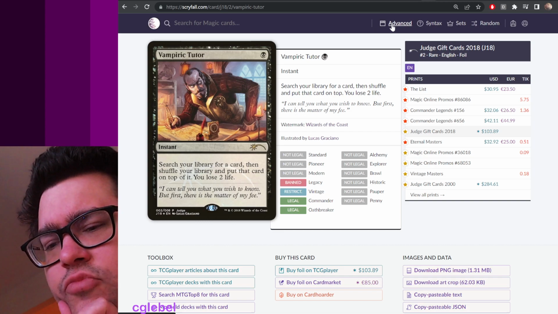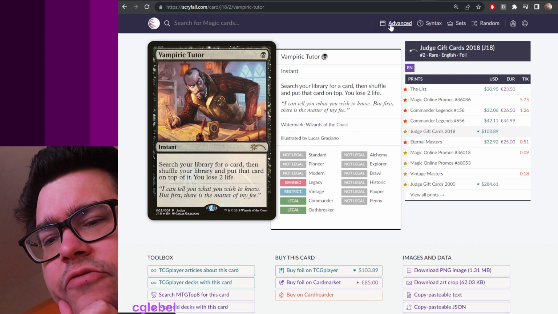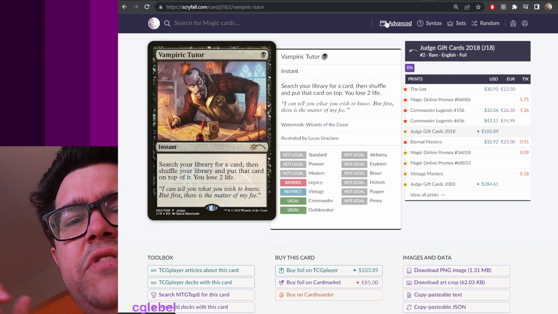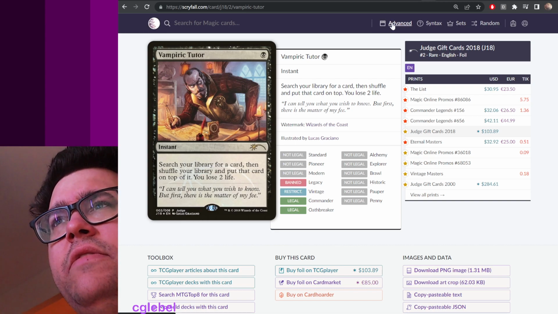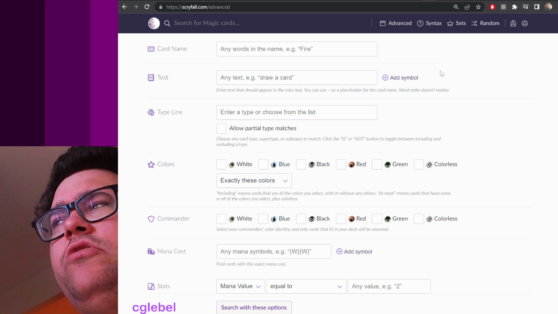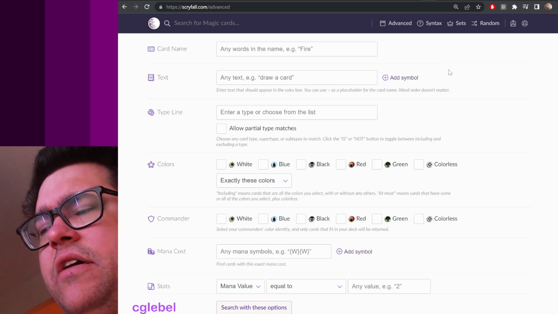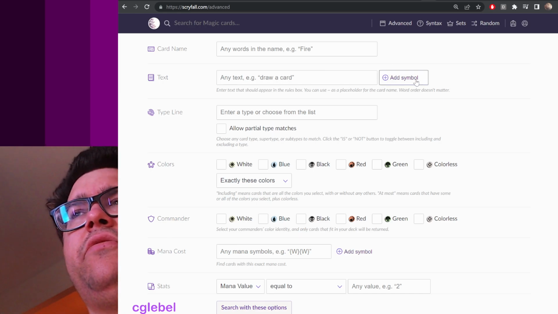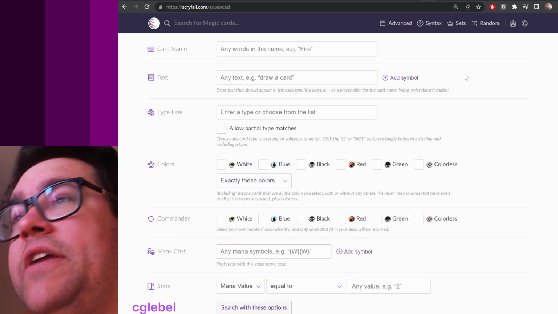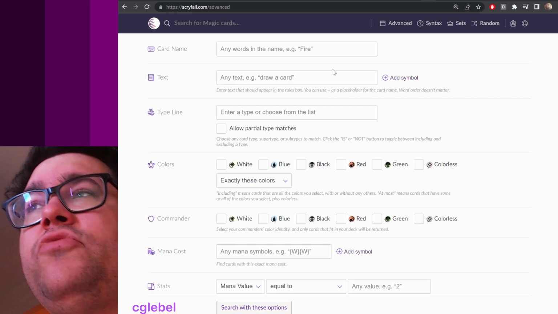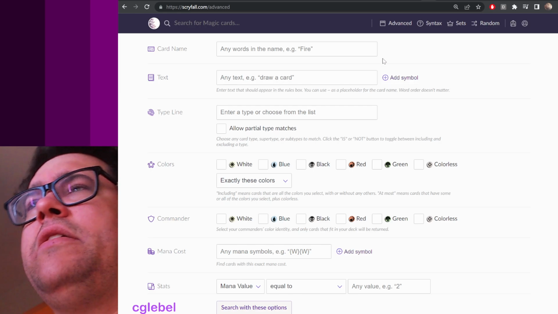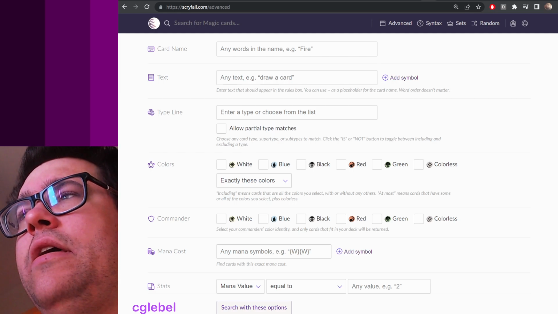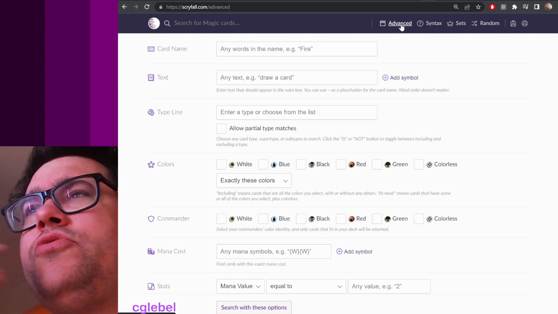So the first example might be if you're looking for a card and you don't know the name, but you're like, what's the name of this card that you can draw a card from your deck and it costs like 0 mana and it's an artifact, you know? You'll find a lot of examples today that have to do with Storm because I play a Storm deck and they come naturally. So first we go to Advanced